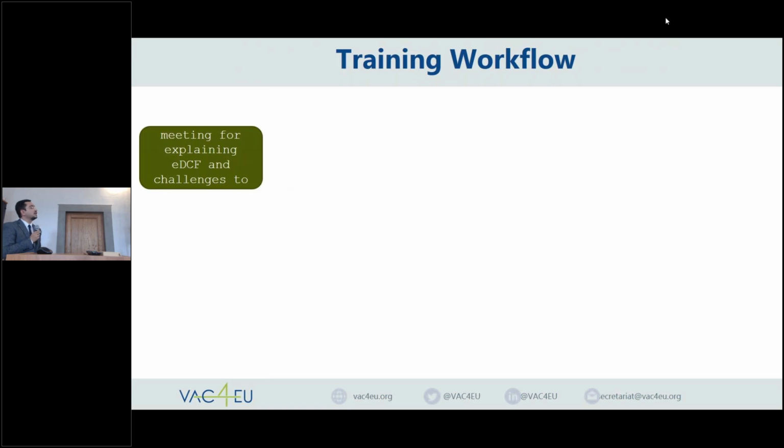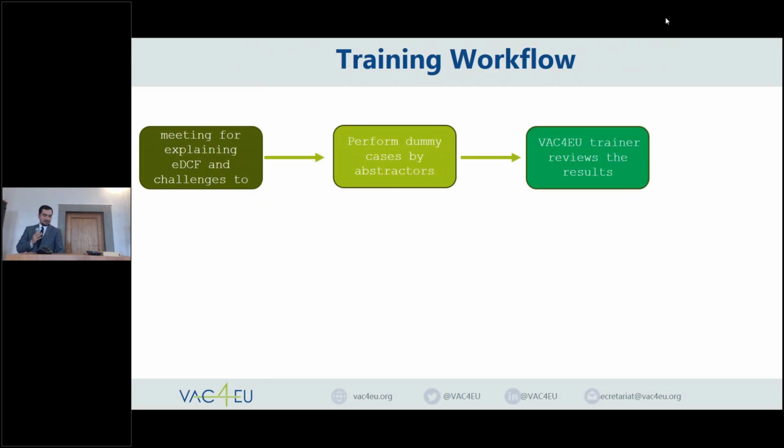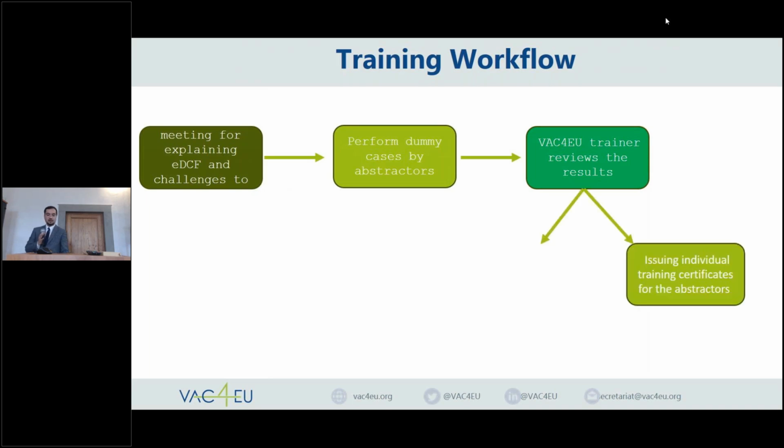We start by scheduling a training meeting for them, and we explain the EDCF completely and discuss the challenges in filling the questionnaire. After that, we ask all of the abstractors to perform those dummy cases. Then the results are reviewed by the VAC4EU trainer. If everything is correct and aligned, then the VAC4EU can issue individual certificates for the abstractors, and they can